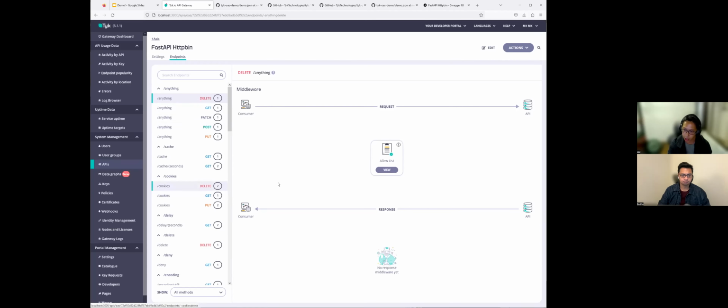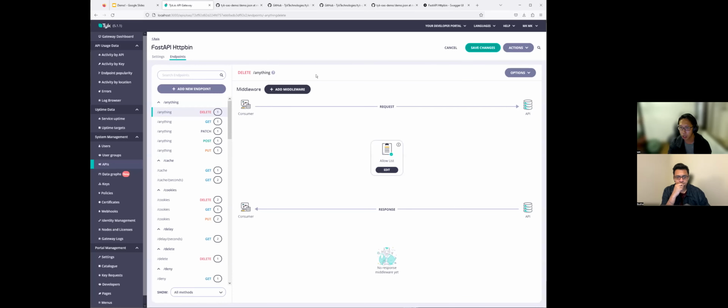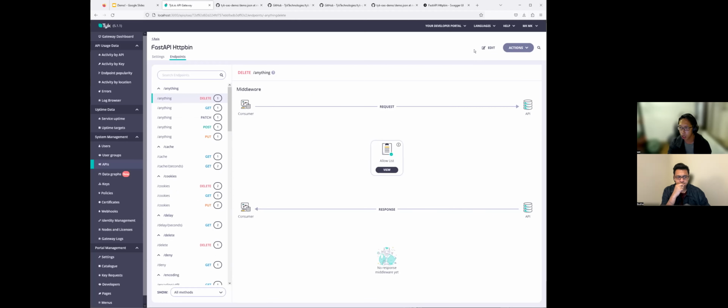And what Tyk does is intelligently inject this middleware for you. So in terms of allow list, in terms of validating a schema, we are able to do that for you. So as part of the OpenAPI development lifecycle, you actually can edit this. You actually can add middleware, you can add endpoints to that. Now that's not the main thing for today, but what you can do next is